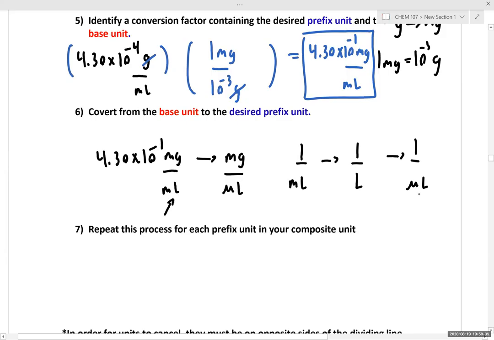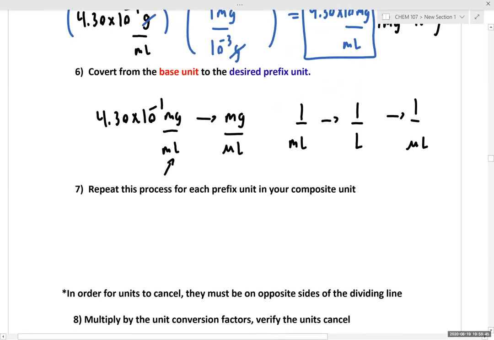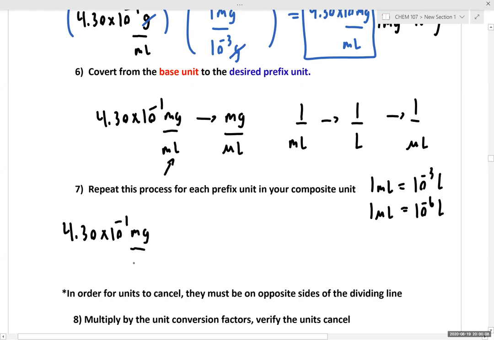So we have to be really careful with how we set up our unit conversion factors. So now that we have our solution map, let's write out an equality. We know 1 milliliter is 10 to the negative third liter, and we know 1 microliter is equal to 10 to the negative sixth liters. Okay, so if we're starting off with 4.30 times 10 to the negative first milligram per milliliter,